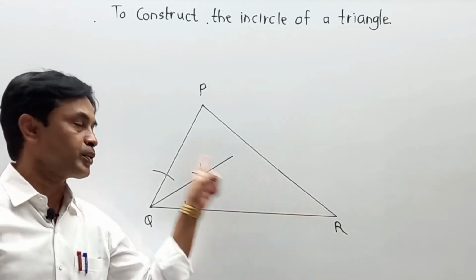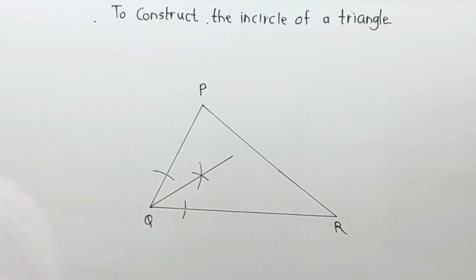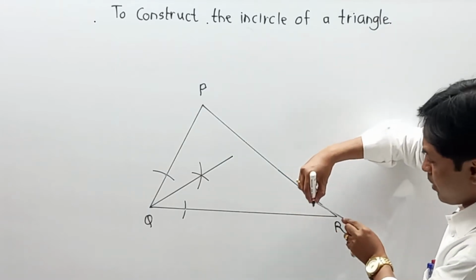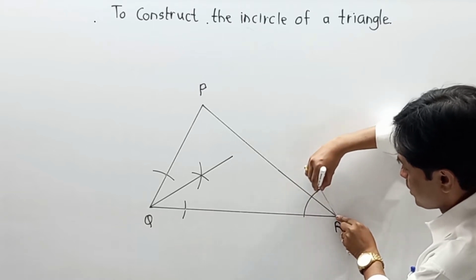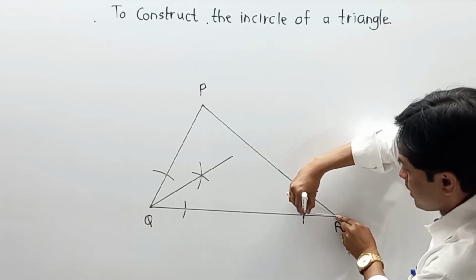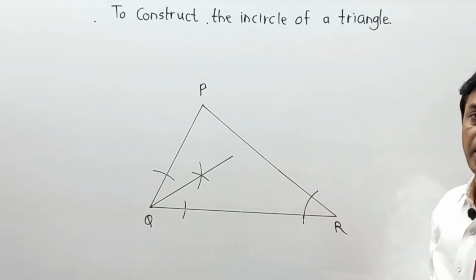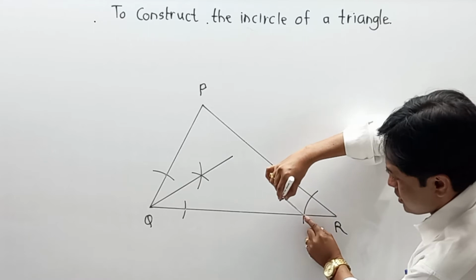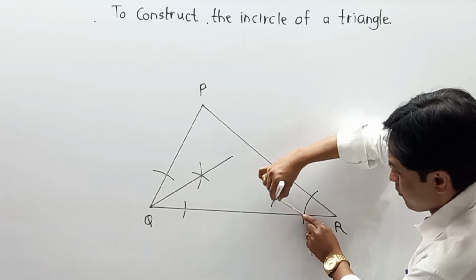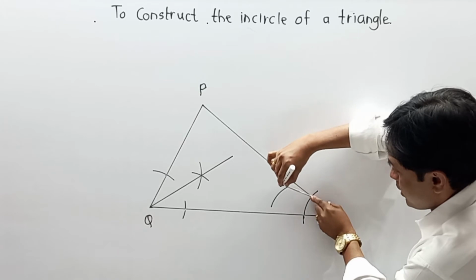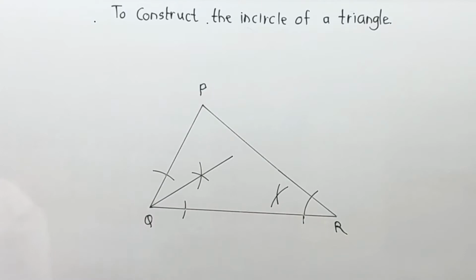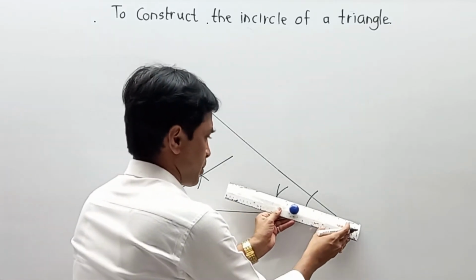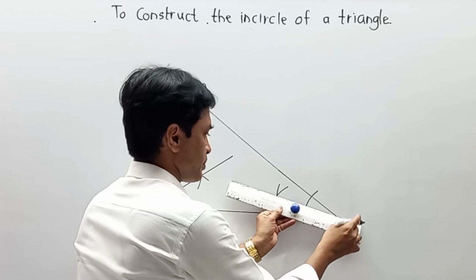In a similar manner, we have to draw another angle bisector. So again in a rounder, keeping vertex R as a head, first of all I am going to draw the first arc over here. Sometimes in a school it is given that you have to draw this entire arc. No problem, you can draw an arc or only mark on the two sides. Now keeping the same distance from the first point, I am going to make the first arc over here, and from this point I will draw the second arc over here. Now after drawing the second angle bisector, here I am going to draw one ray or segment.